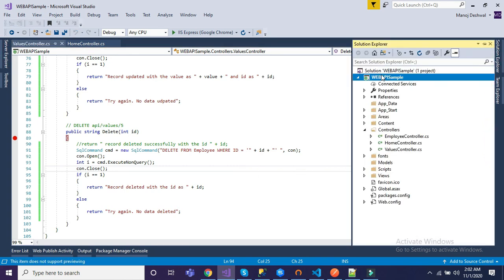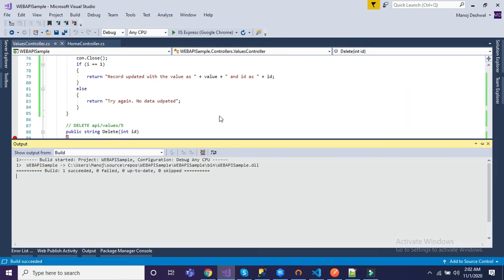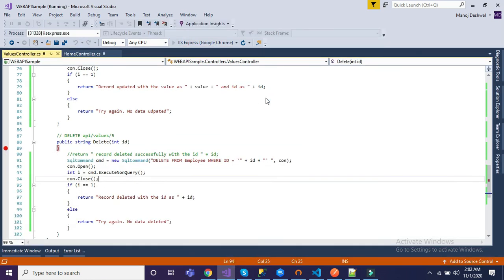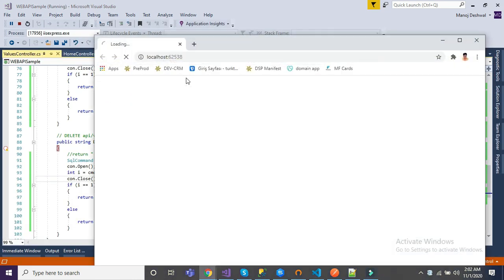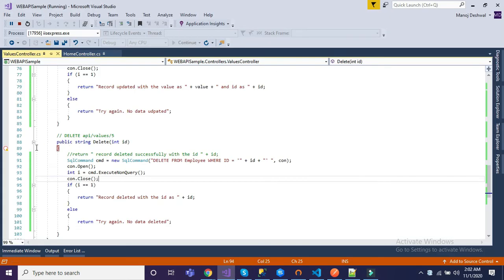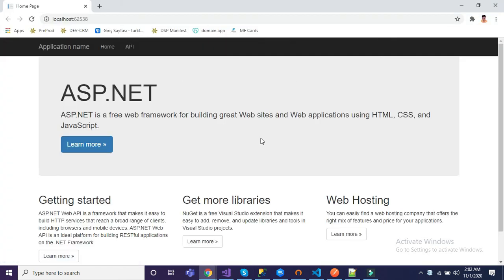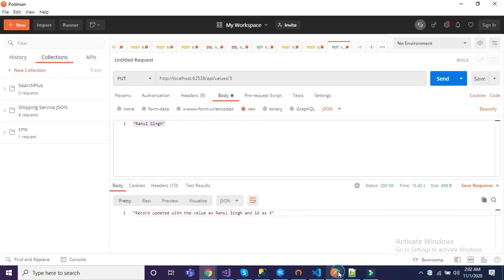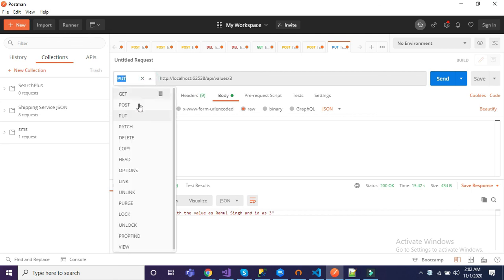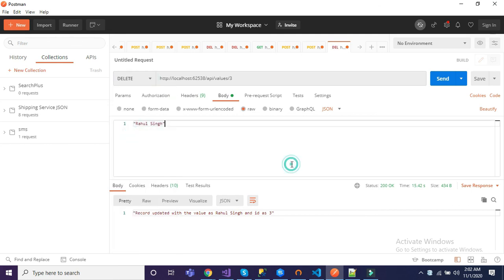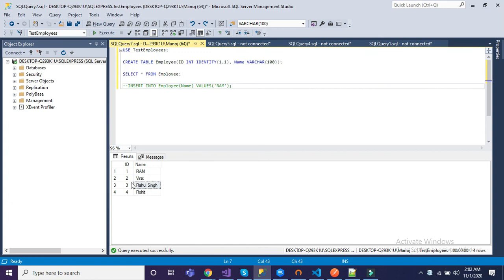Now again build it, build succeeded, run the application. Now let me just, okay, no need to place a breakpoint over here. We'll test it through Postman. So application is loaded, go back to Postman and change it to delete, and let's say we have to delete this third record.